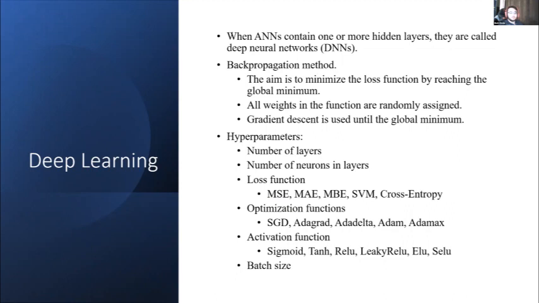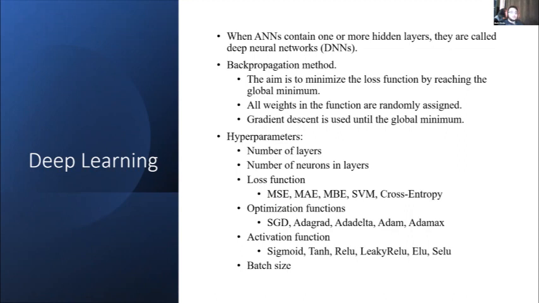Input and output neurons depend on the data set. In hidden layers, the general opinion is that the number of neurons in each layer decreases. Recent works have shown that having an equal number of neurons can also increase performance. You will see in next slides. Batch size limits the amount of data the model processes at once. It is used mostly in image processing and or very large data sets.